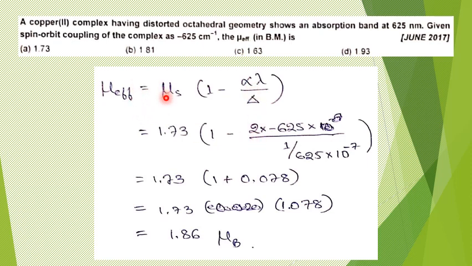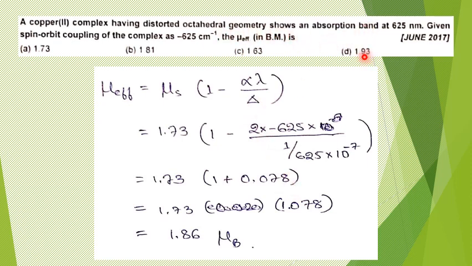And mu s for this one unpaired electron comes to 1.73. The slight deviation is given by 1 minus alpha, with alpha value 2. Very important, the lambda value is minus 625, which we are supposed to substitute. In fact, I missed it in the beginning and got a wrong answer, but the minus sign is important for this lambda value. It is directly given in centimeter inverse, so straight away I'm substituting it as minus 625. Please neglect this part. Fine, then